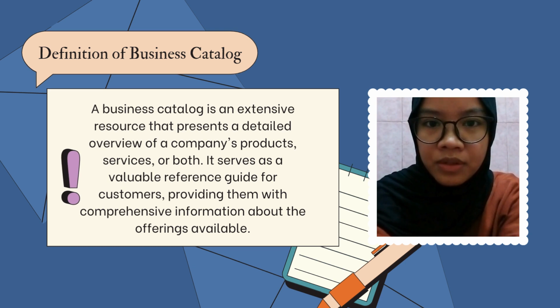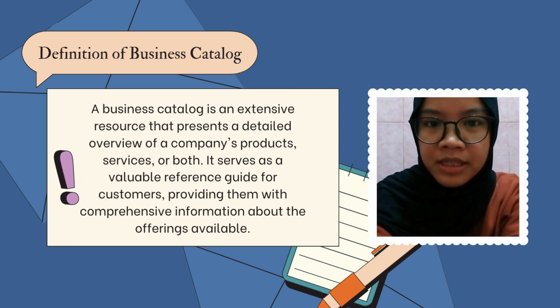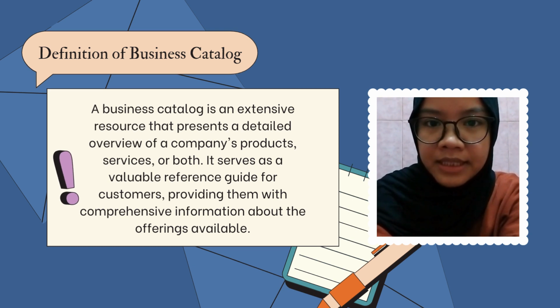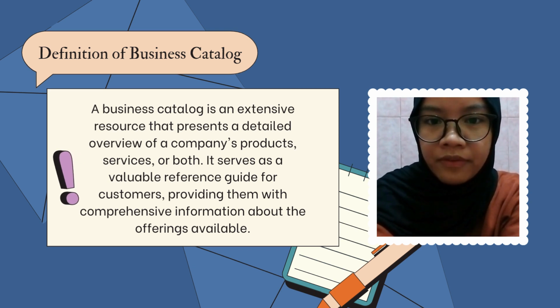Business catalogs often include essential company information to build trust and credibility. This might include details about the company history, mission statement, and contact details. Testimonials or reviews from satisfied customers are commonly featured, providing social proof and reinforcing the quality and reliability of the offerings. Supplementary resources like size charts, technical specifications, or warranty details are also included to assist customers in making informed decisions and addressing any questions or concerns they may have.